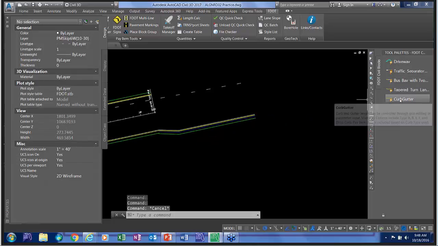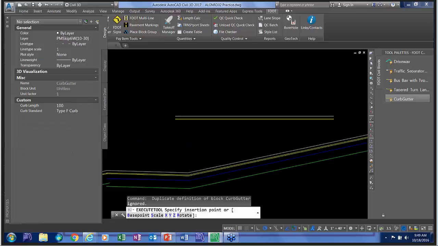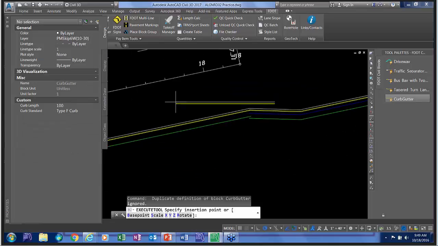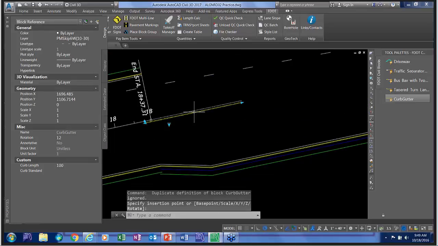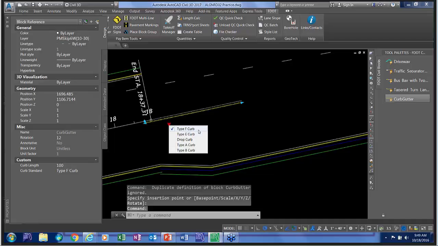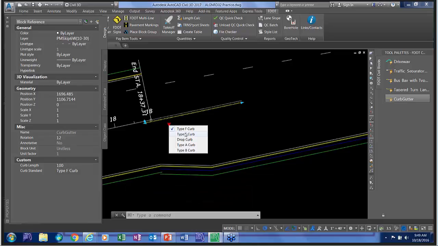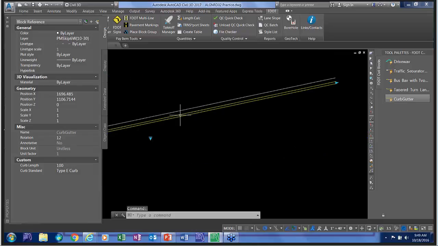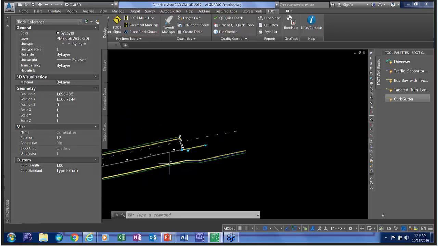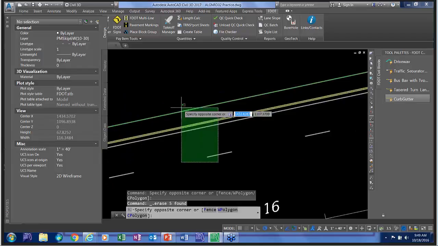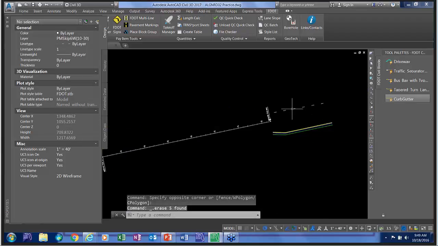And the curb and gutter, you may say, well, I can draw the curb and gutter with a multi-line. Well, this gives you another option too. Still a block. It has your type F, E drop curb, type A, type B curb. Okay, so if you change it to type E, it's a block. You can't see anything here. It's on the right layer, right symbology, and it has the designated pay item number that goes with that curb. Erase these and show you one more